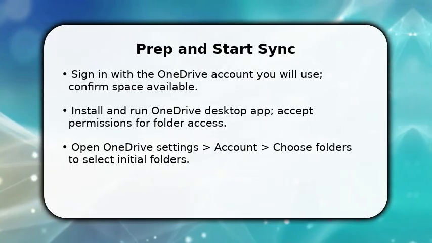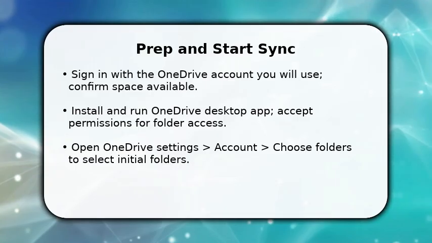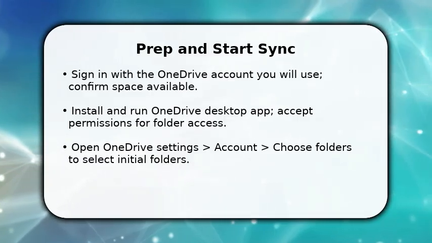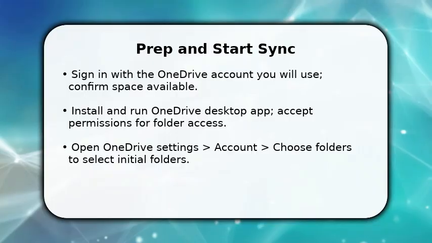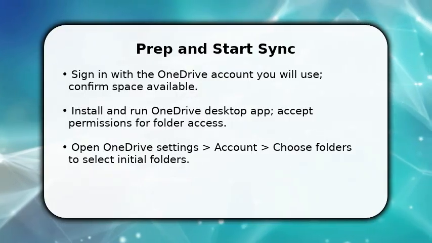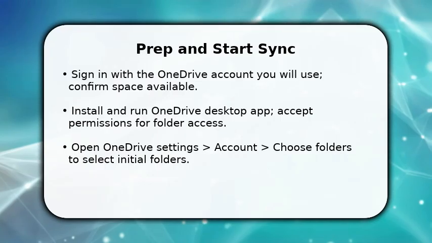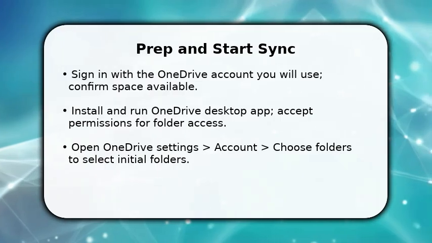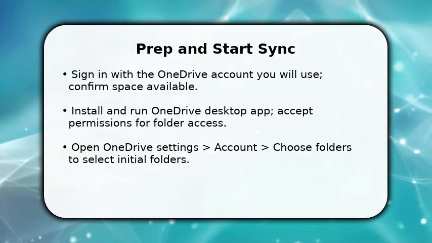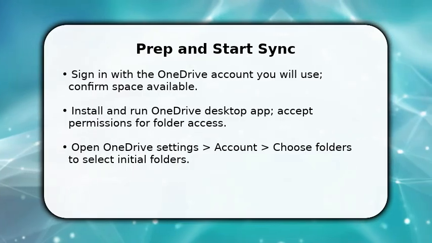Once the app runs, open Settings and go to Account, then click Choose Folders to pick which desktop folders to sync. Make sure local files are in the folders you select. If they're not, move them now. This initial selection tells OneDrive which folders to mirror between cloud and your PC, so choose only what you need